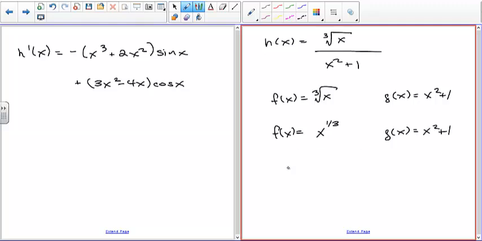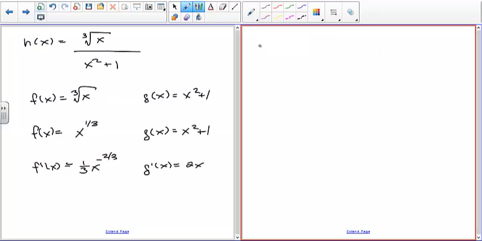So now we can take the derivative using the power rule. So you're going to get 1/3 times x to the minus 2/3. 1/3 minus 1 is negative 2/3. And g prime of x is just 2x plus 0. We don't need to show that. So we just apply the quotient rule, which says that the derivative with respect to x of a quotient of two functions